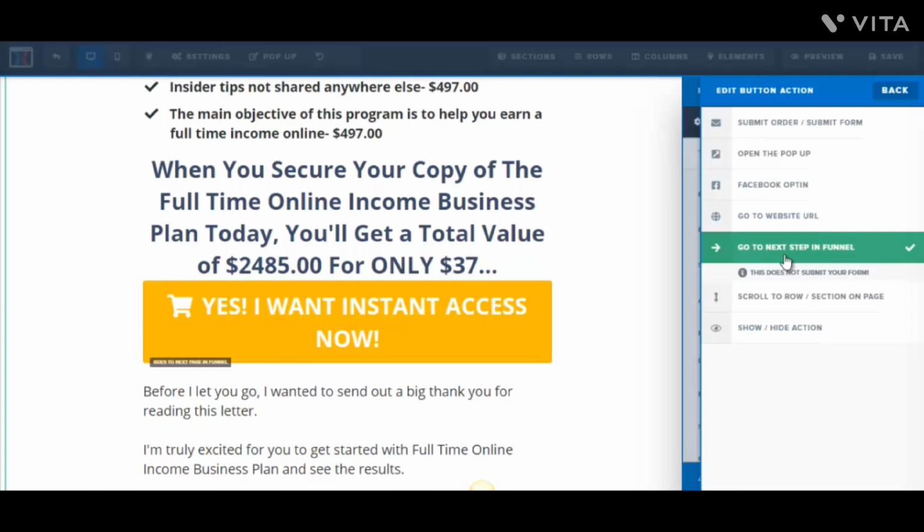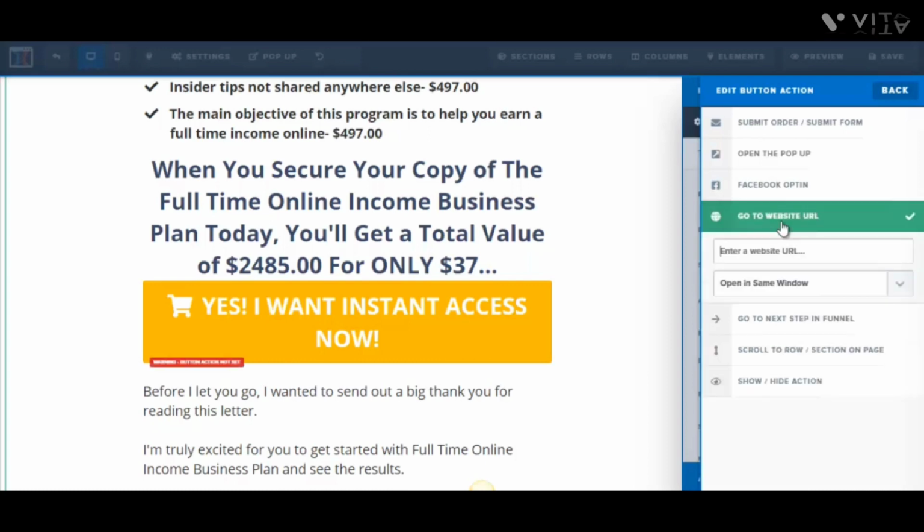You could go to the next step in the funnel. So if you have an order form, for example, if you choose this, the customers will be brought to the order form if you have an order form in your funnel. You could also go to a website URL. So if you're using another platform such as Warrior Plus or JVZoo, you could enter the URL to the checkout